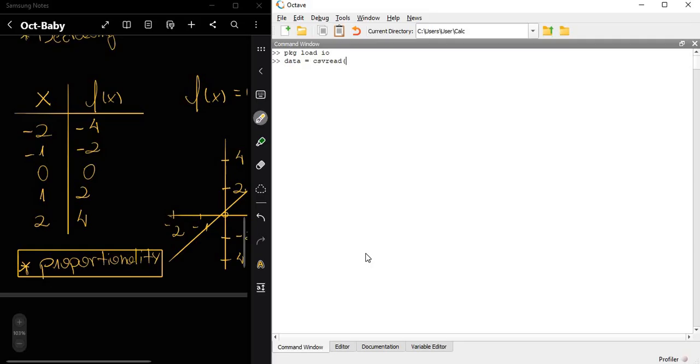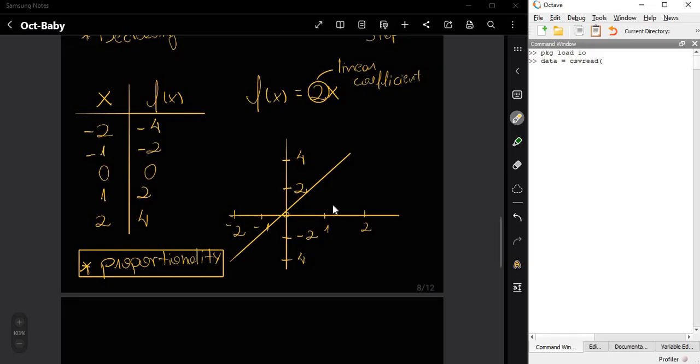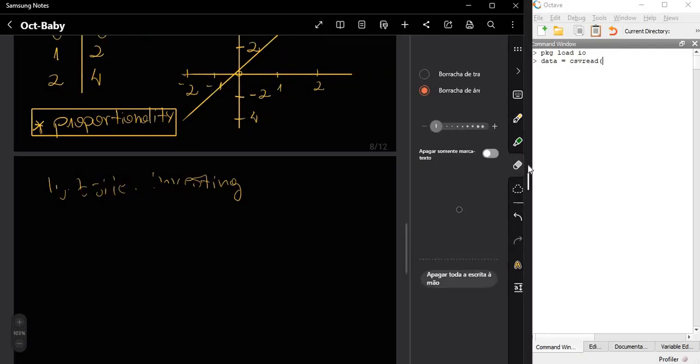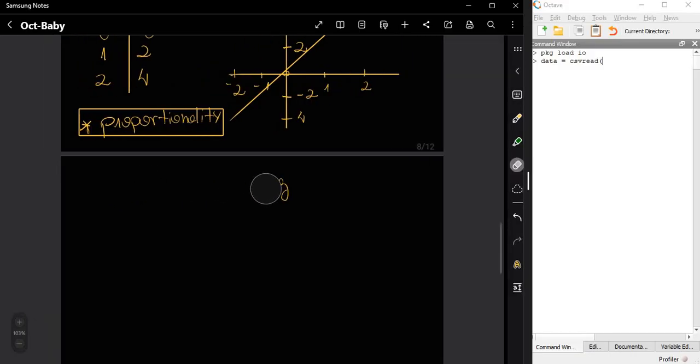This data is available on a website called Investing. This is real data. Okay, so go to this website and try to download this data. It's available for free.